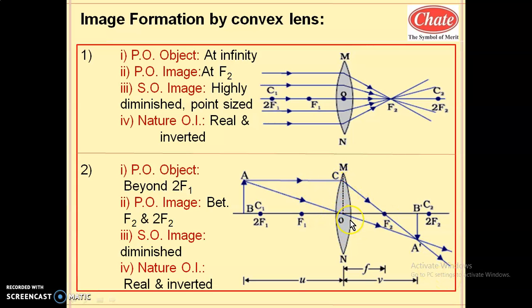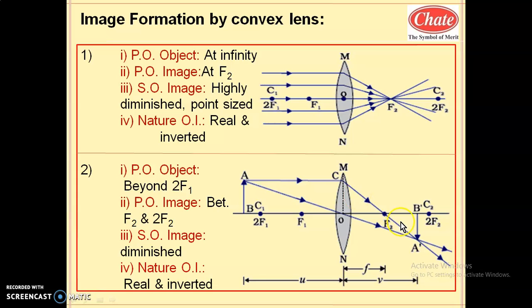Second ray you have to draw. That is the third rule for drawing the ray diagram in the image formation of convex lens. A ray which is passing through the optical center goes without deviation, which means you have to draw a line coinciding with A and O using the scale. So align the scale to the O and A and extend it. So you will get this line.